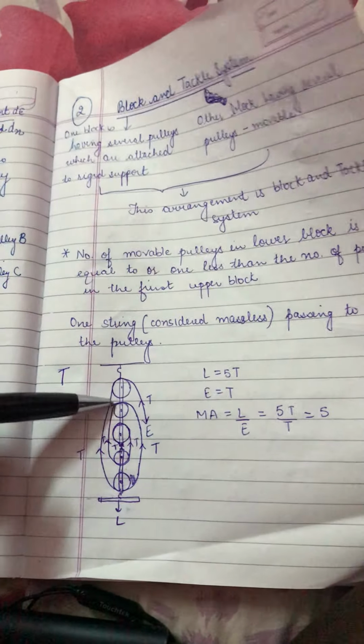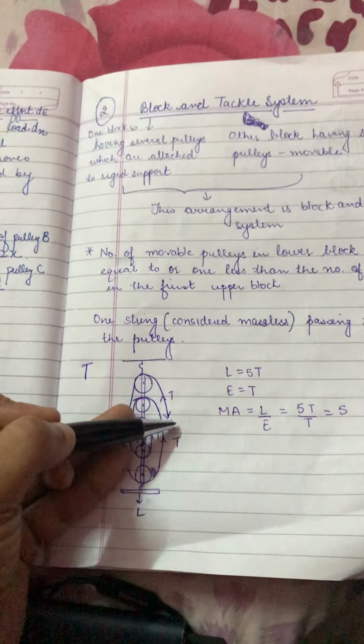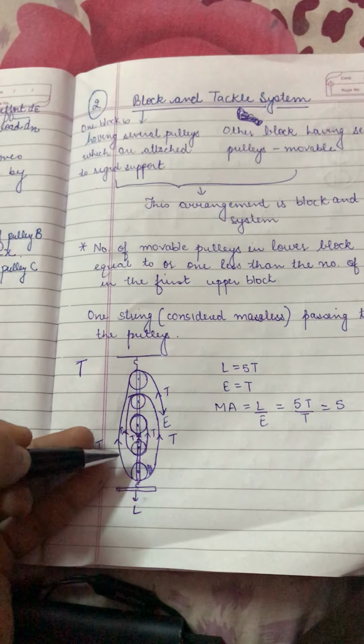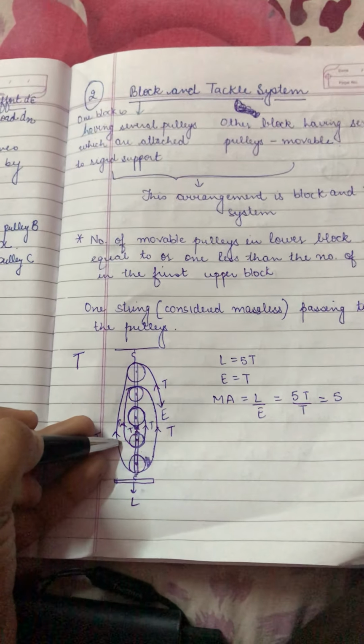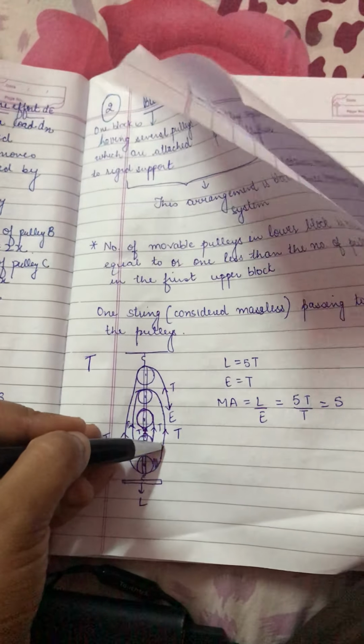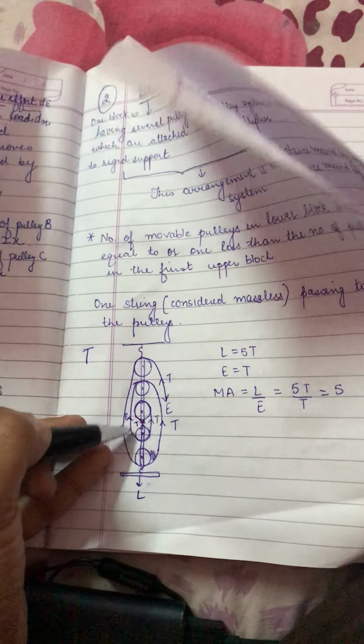अब क्या हो रहा है देखो, पहली बात हमारे पास पुलीज़ कितने हैं? 5. अब हम टेंशन काउंट करेंगे. For E that is equal to T, single tension support. अगर हम इस L की बात करें, अब इस L के लिए कितनी टेंशन्स रूल कर रही हैं? T1, T2, T single T, this T. This load is managed by these T's.